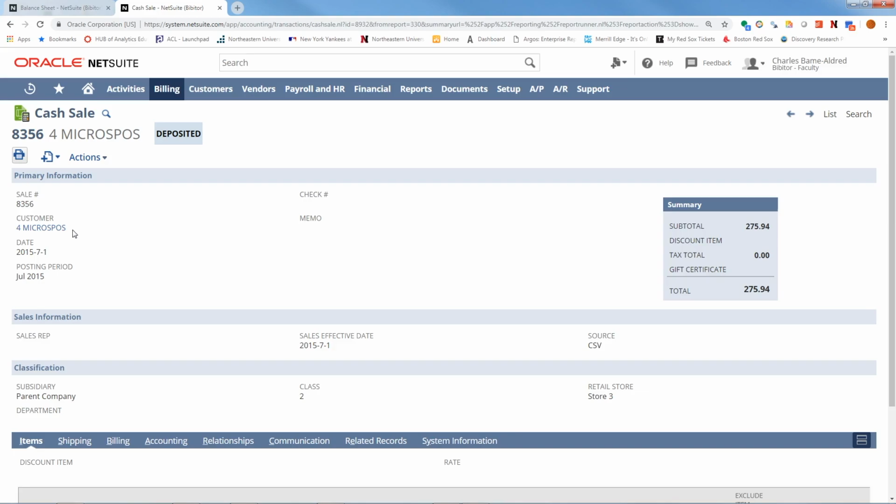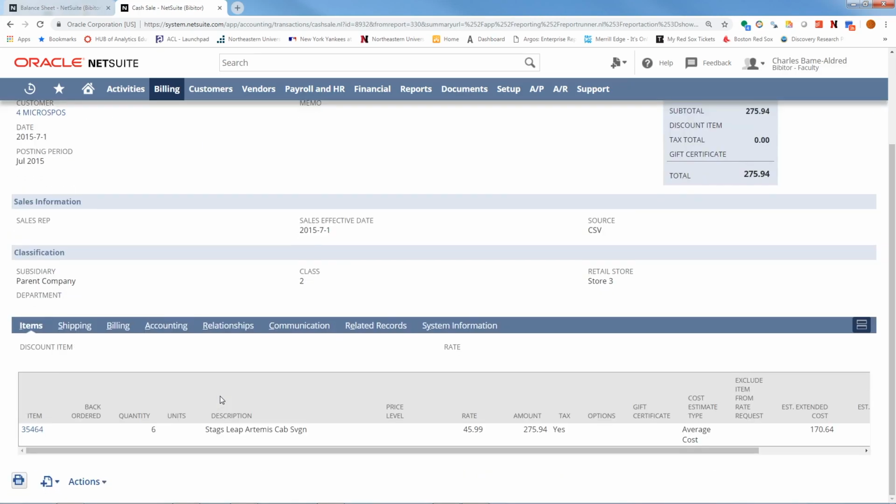Imagine talking about and demonstrating an accounting information system during a class discussing the introduction to accounting. It's pretty powerful. We can see that this is a Class 2 transaction right down here, or wine. The retail store is store number 3. We can see that right here. We can also see the brand number is down a little bit further. We can see the brand number is